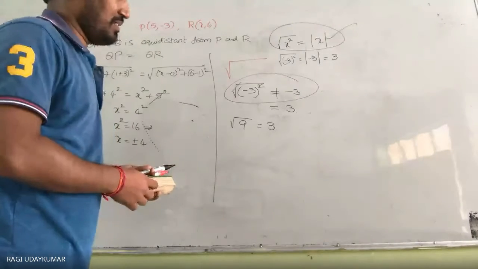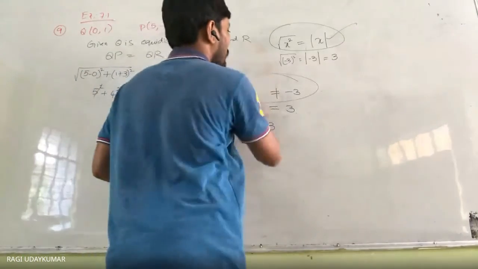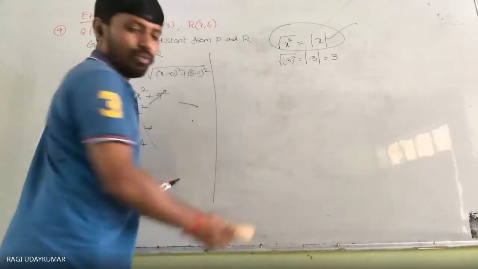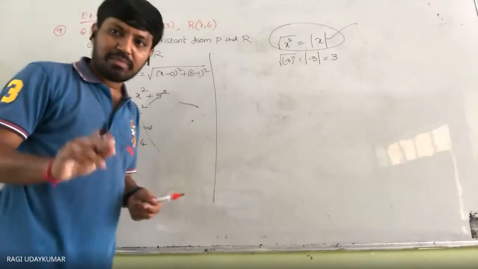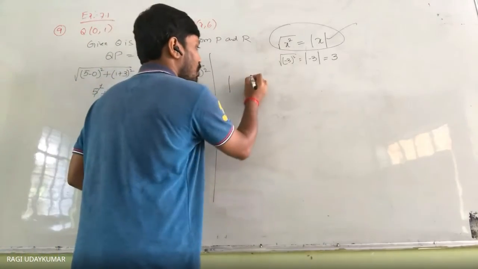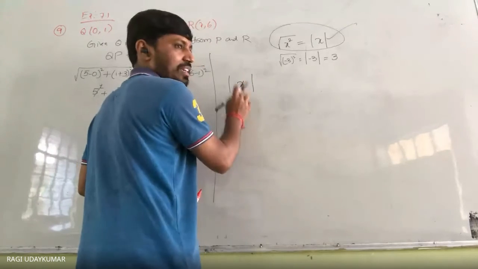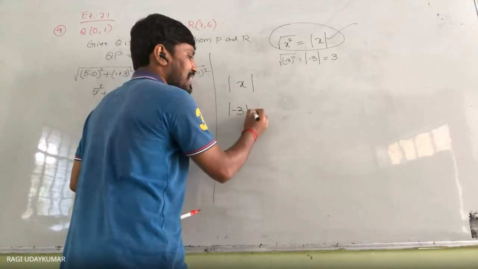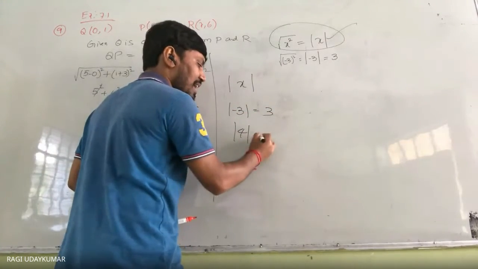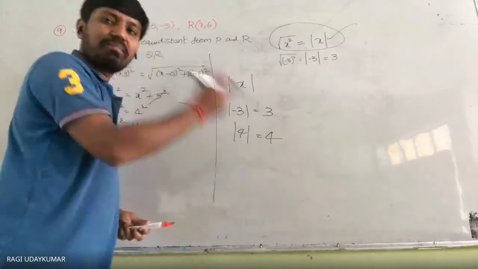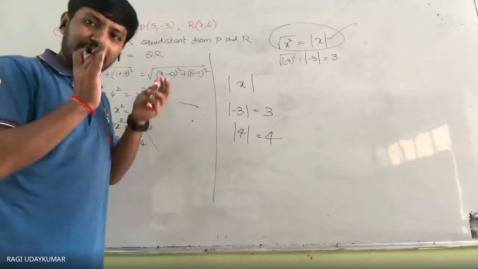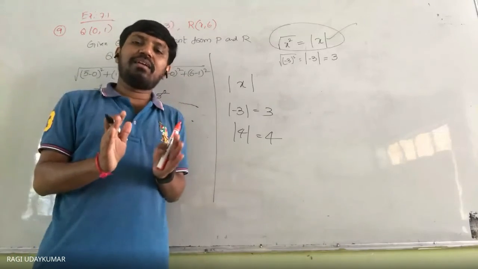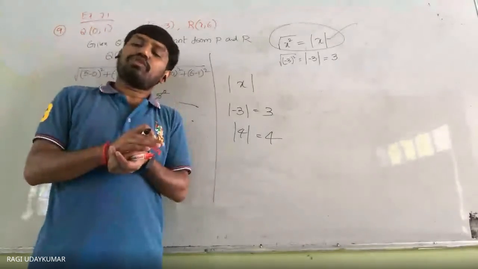-3 वाला example. Actually, you need to know about the modulus first of all. Modulus के बारे में आपको पता चलना है. What is the modulus? Modulus of x is nothing but, x is a positive number, that means modulus of -3 value 3 होगा, modulus of +4 value 4 ही होगा. Only positive number you need to write. सिर्फ नेगेटिव नंबर चेंज होकर पॉजिटिव होता है सर. Always positive होगा बस. अंदर whatever it is, you are going to get a positive number.